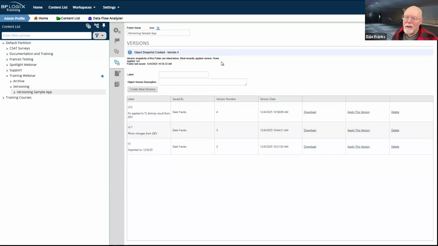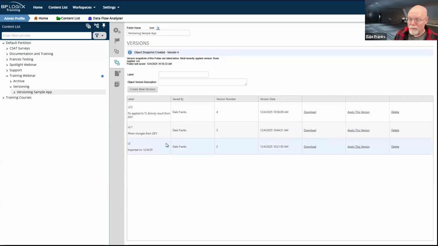So what I'm actually showing in this folder is the most recent import of that folder. So the apply this version is not going to appear unless I specifically click apply this version for one of these prior versions that I have.